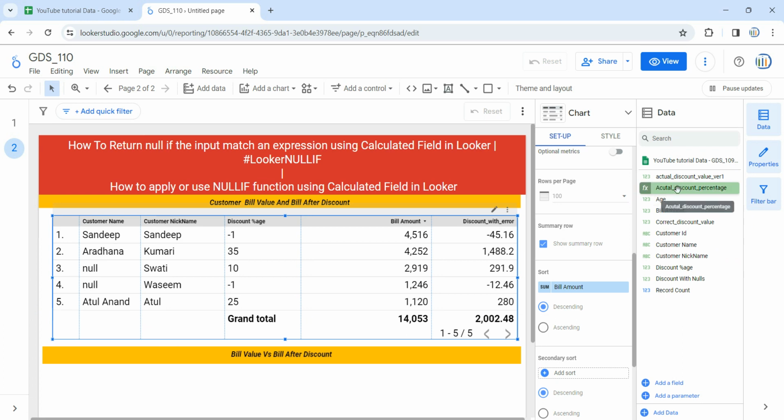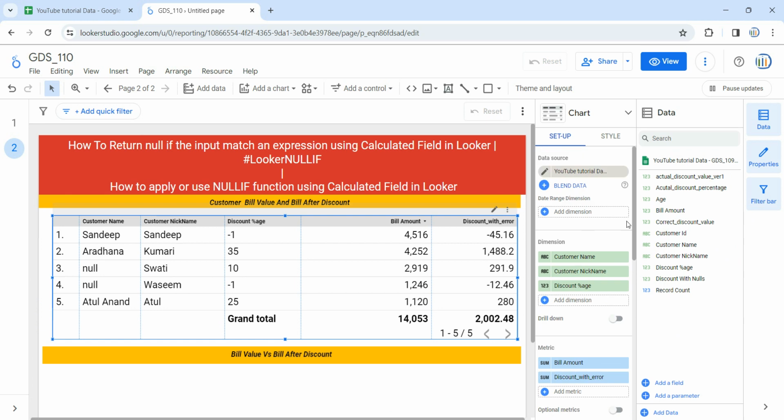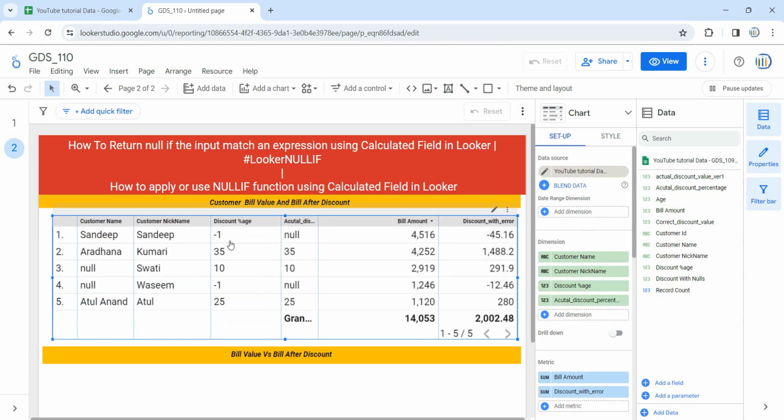So if I add this actual discount percentage over here as my dimension, then you will see that this -1 will be replaced by null. And for record number 4, where I have customer nickname as Wasim, the discount percentage was -1, so it has replaced this -1 with null in the actual discount percentage. Now I'm going to